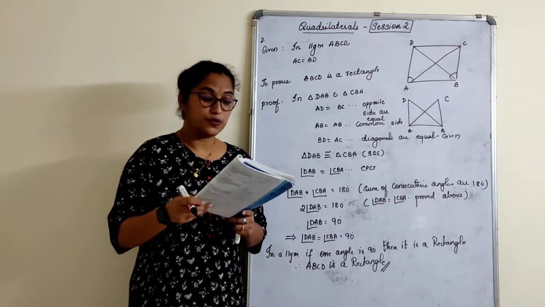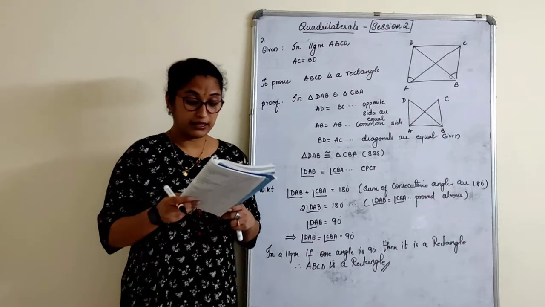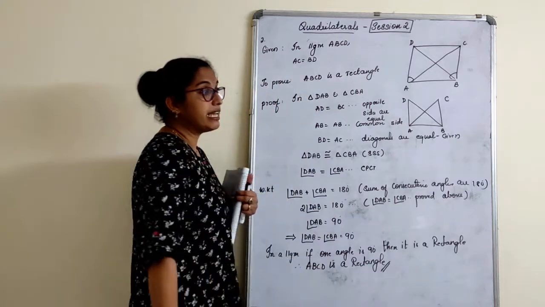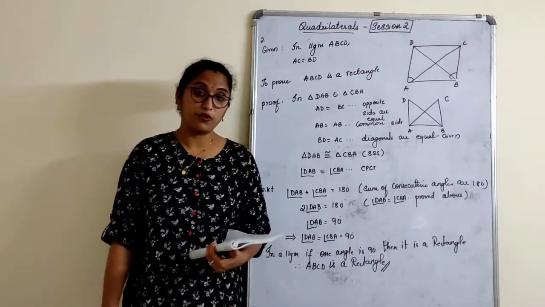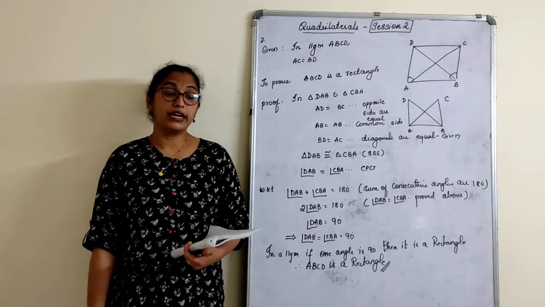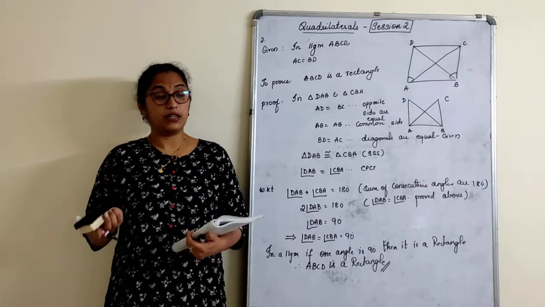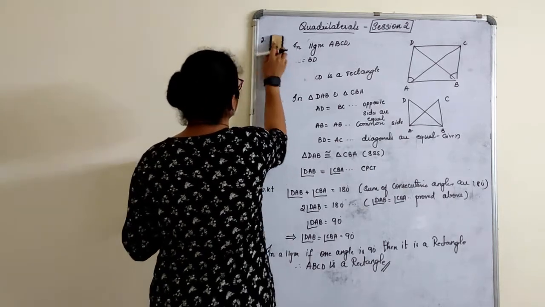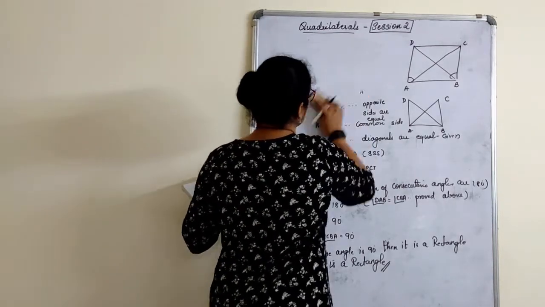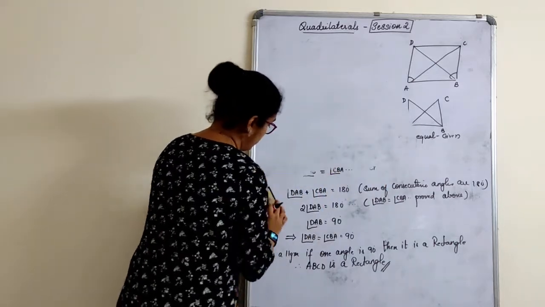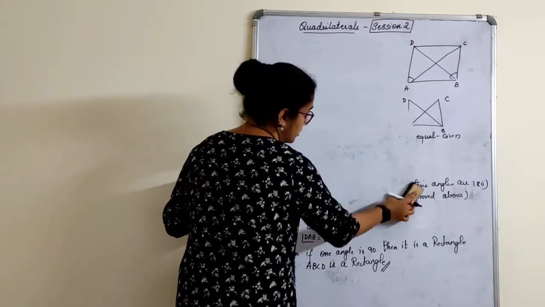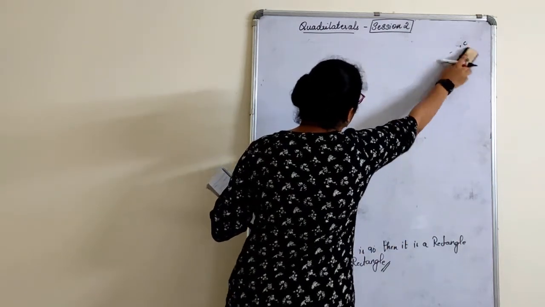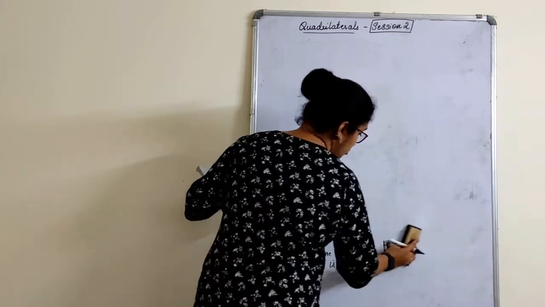Show that if the diagonals of a quadrilateral bisect each other at right angles, then it is a rhombus. So they have given that diagonals are bisecting each other at right angles. Of course, it's a rhombus property. That means what do I have to prove? I have to prove all the sides are equal, because in a rhombus all the sides are equal. So let's start with it. The steps all are very important. So you need to be very perfect in the first congruency part, properties part, then this will be very easy for you to prove.